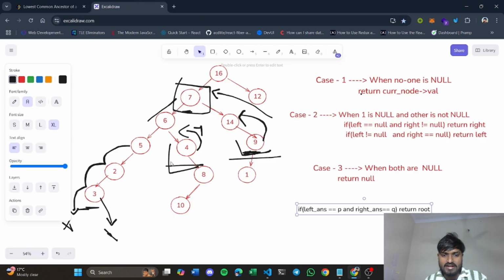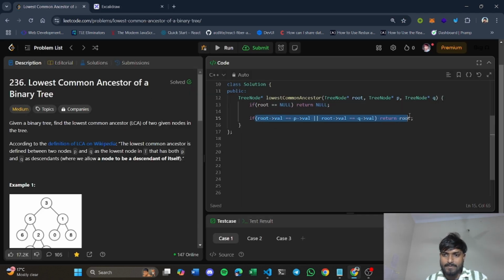When we were traversing this node, let's say you found this node 4. So you were returning 4 from here. The same case we are doing here, right? We are handling that case. Let's say here we found our node, so we are returning that node, right?